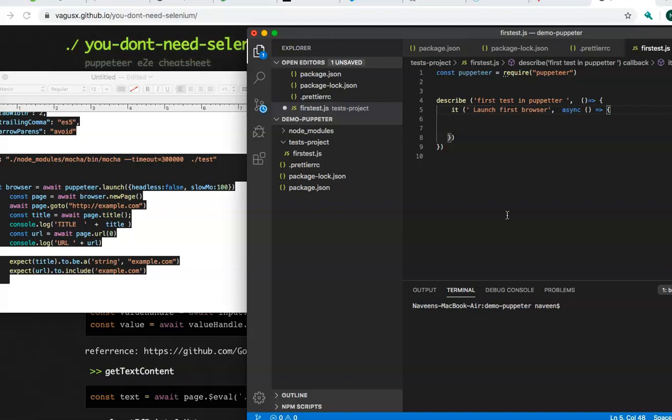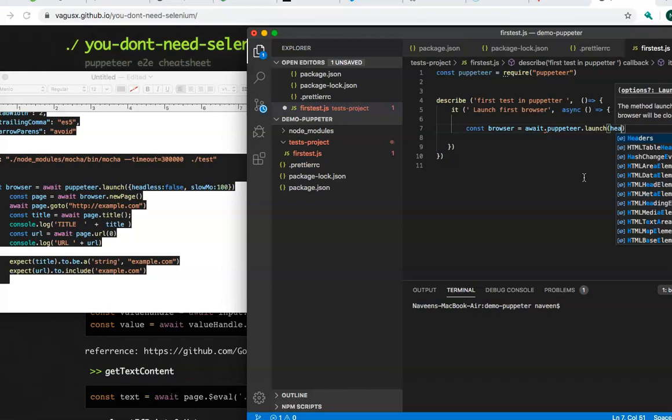So I'm going to type in my first piece of code. So let's do const browser. So you have to define your variables here. So I'm saying await and then puppeteer, and then I'm going to say launch. I'm just going to launch the browser, and then I'm just going to say headless is false, which means I want